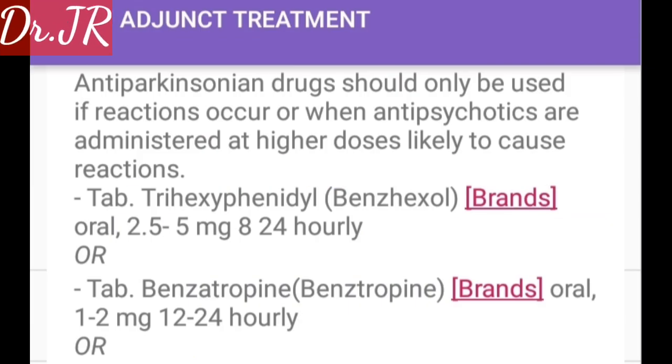Adjunct treatment: anti-Parkinsonian drugs should only be used if reactions occur or when antipsychotics are administered at high doses likely to cause reaction. Tablet trihexyphenidyl orally 2.5 to 5 mg 8 to 24 hourly, or tablet benzatropine orally 1 to 2 mg 12 to 24 hourly, or